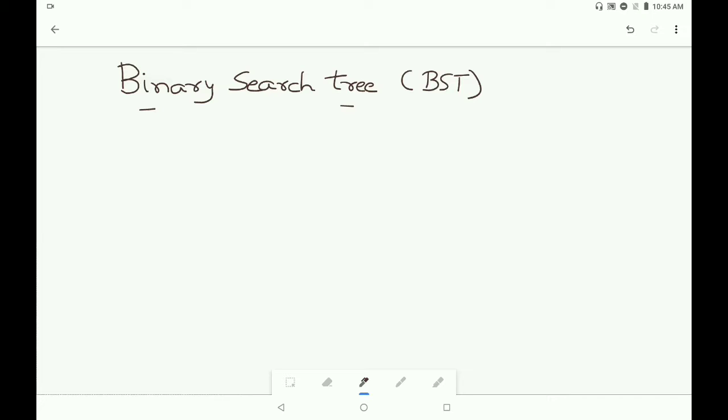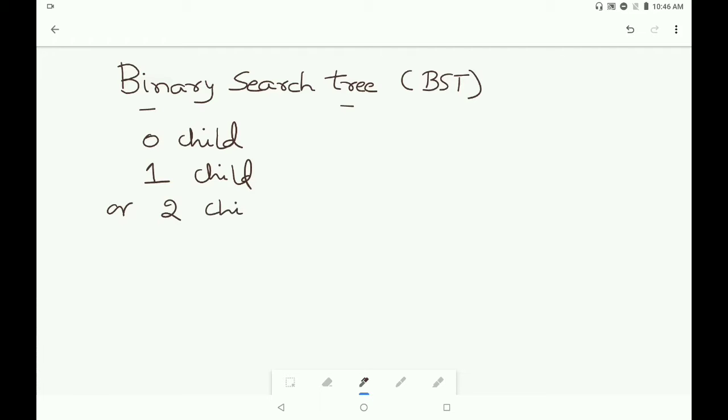As we all know that in a binary tree we have either 0 child nodes, 1 child node, or 2 child nodes. Suppose I am taking a B as a root node.